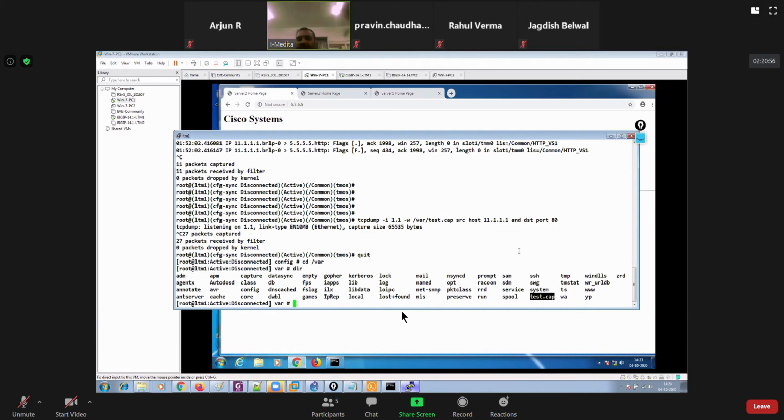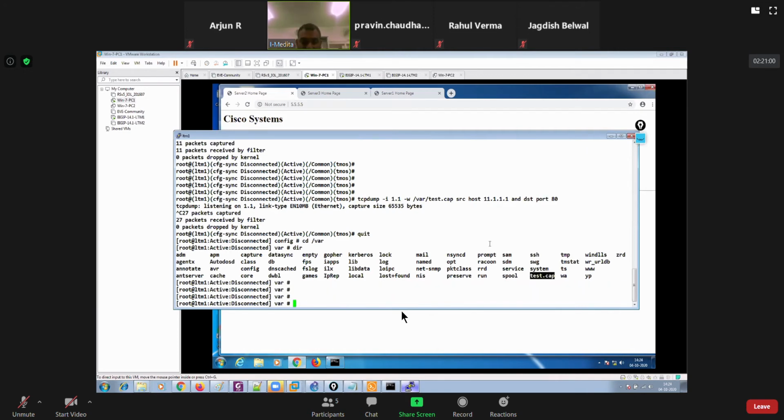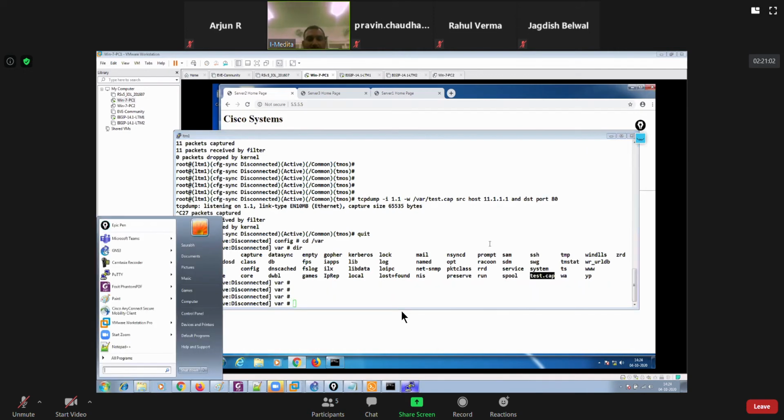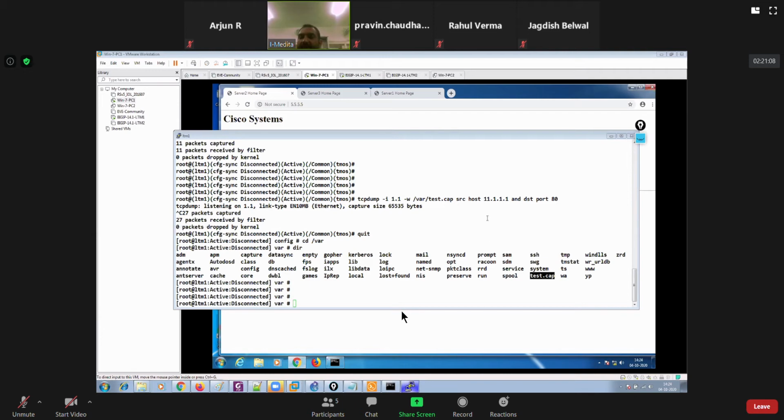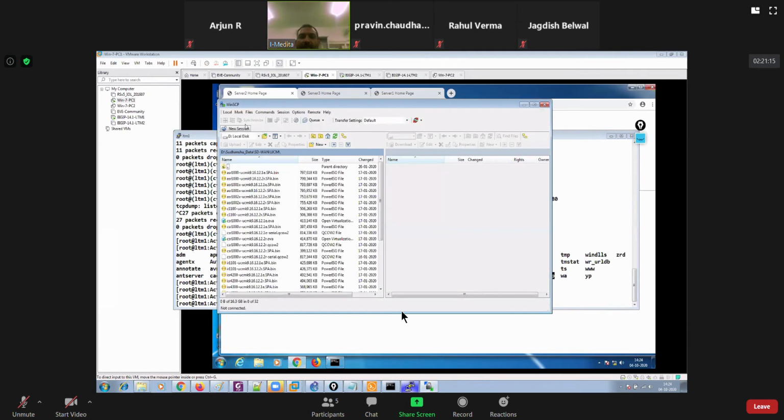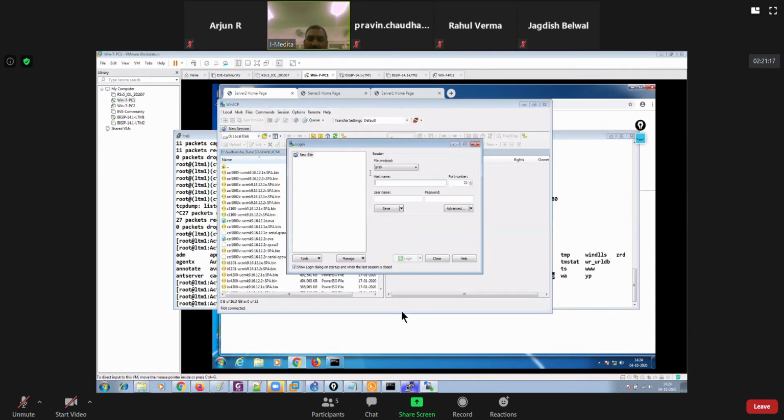Right? If you really want to open up that file into Wireshark captures, let me just go ahead and access my big IP using WinSCP, and let me copy paste this file onto my local machine, and then I'll open it up in Wireshark. So 2.245